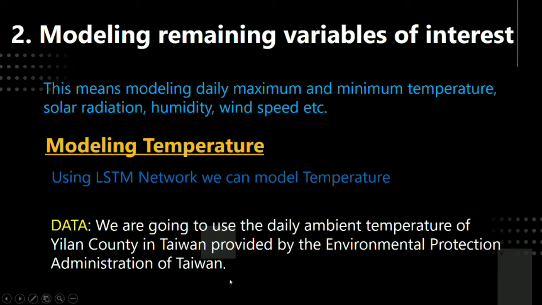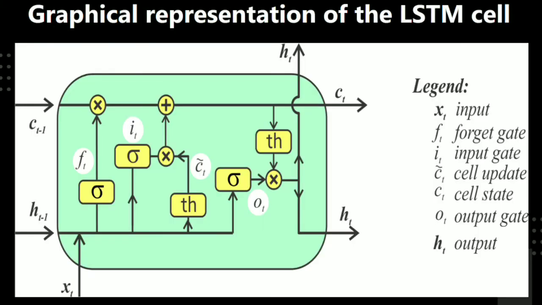So now I will be explaining the graphical representation of LSTM here. The input of this is a time series set of x that will go through several sigmoid functions, as you can see here, and then also it will go through a tanh function, and then after it will get the output. I will not go too deep into the LSTM model, but this is the simple graphical representation of the LSTM model.